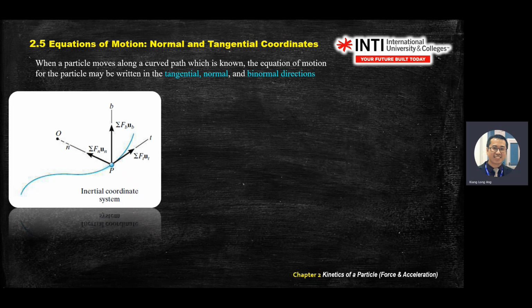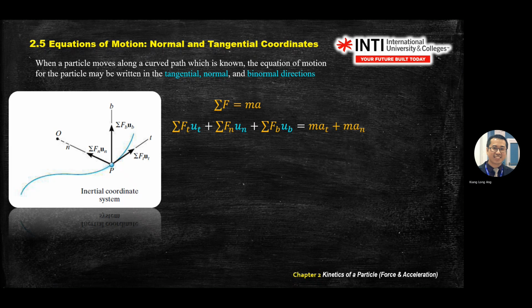You know that we are dealing with vectors. Again, the direction along T is u_t, which is a unit vector direction. F_t means the magnitude of that vector. Same with the rest. Okay. Which means in the F equals ma equation, the left hand side you can break into the components that you have. In this case, you have T, you have N, and you have B. The left hand side always deals with force. Agree? The right hand side we always deal with ma, but in this case we have ma in the tangent direction, ma